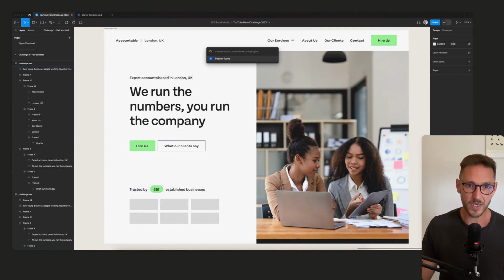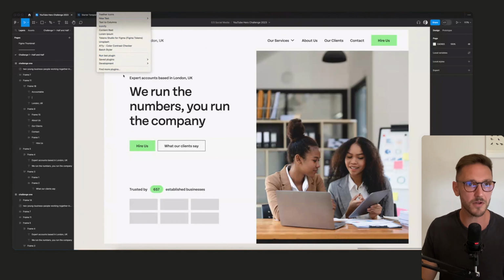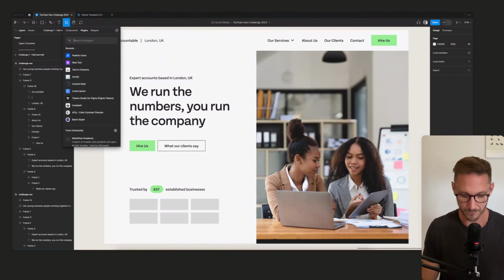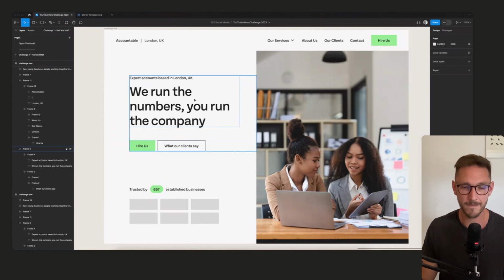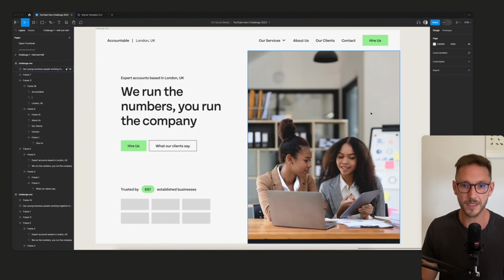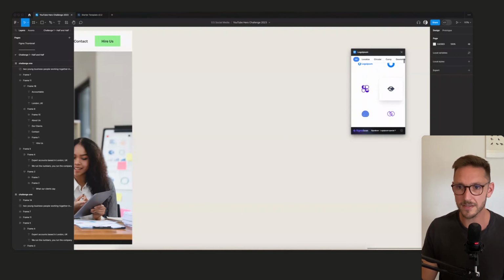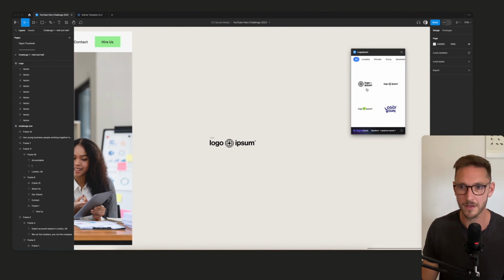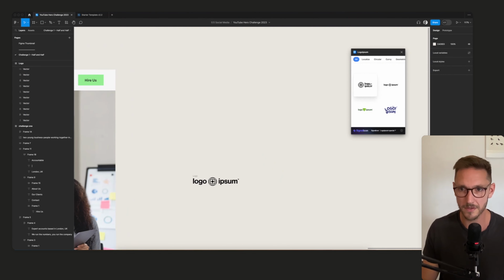Right, logos. We have a great plugin, Logo Ipsum, which, cool, I don't have it anymore, so that's good. Plugins. We go find more plugins. Let's go Logo Ipsum. Here it is. Run. Hello. Here it comes. Right, what have we got? I don't really want colored ones at this stage, but that's fine. We can fix that. So I'm going to drag this guy. Can I drag? Do I click? I click. And then I click again. Nice. Let's grab some logos.